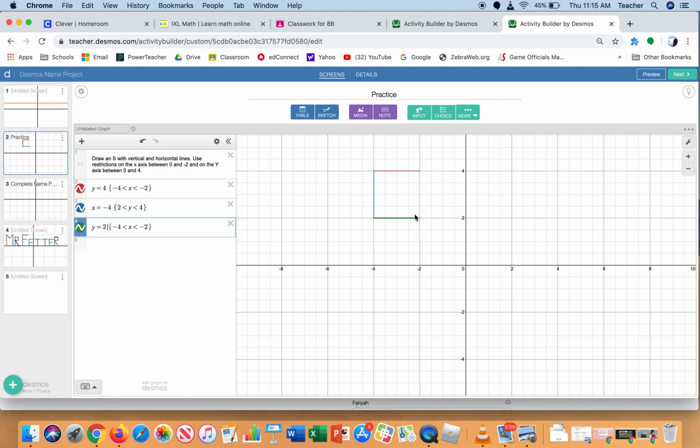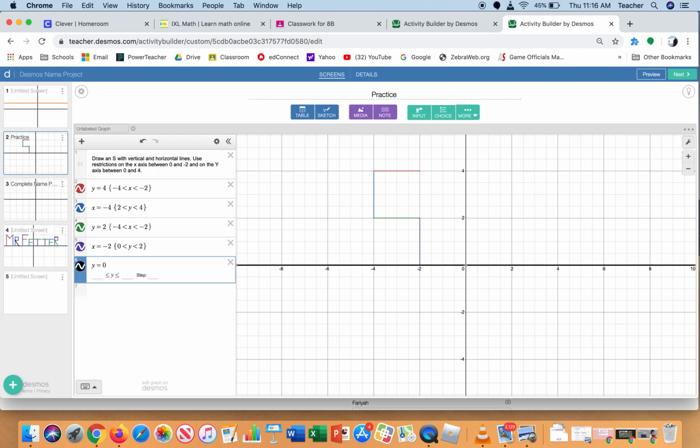Okay, another vertical line right here. So it's going to be x equals -2. And again, actually this time I want to stop it between 0 and 2. So curly braces, let's see, 0, okay, less than y, and less than 2. Okay, so there that is right there. And then of course let's finish with curly braces. Okay, and then this last one here is going to be right along the x-axis, which is